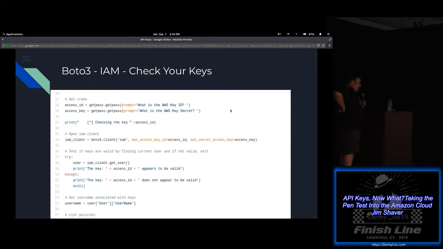the key ID and the secret. It runs a few checks, so it checks to see if the user is a valid user or not. It also checks the username. So if you need to hunt down the person that belongs to these keys, this is a really good way to know who they are or what they're involved with. So if their name is first, or if their account is first letter last name, you know who to talk to. If it's an account related to databases or whatever, then you know sort of the general group that you may need to talk to.